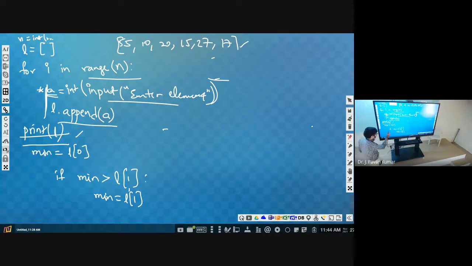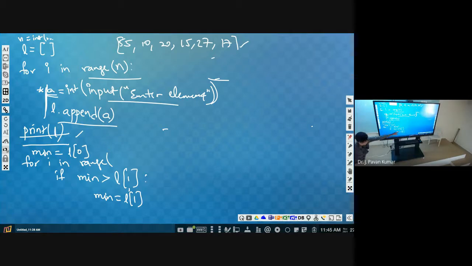So how can we repeat this process? We have to repeat, right? For the first time it is 1, second time it is 2, third time it is 3, for the ith time it is I. What is the value of I? Starting from 1 to n minus 1. So this we will keep in a loop. Okay, so for I in range of, from where we have to start?